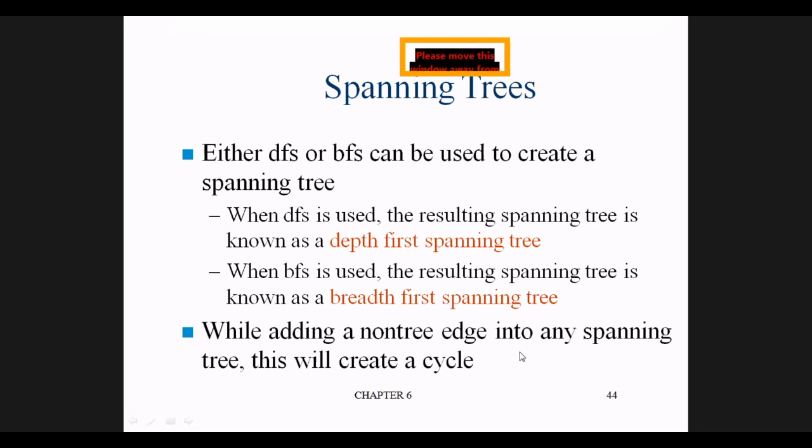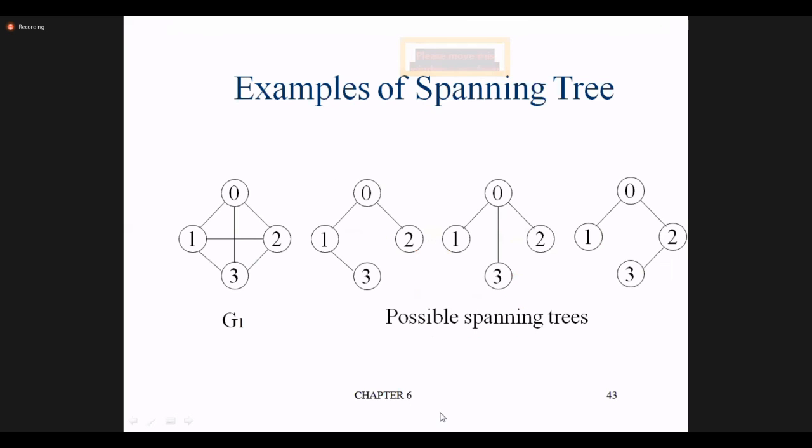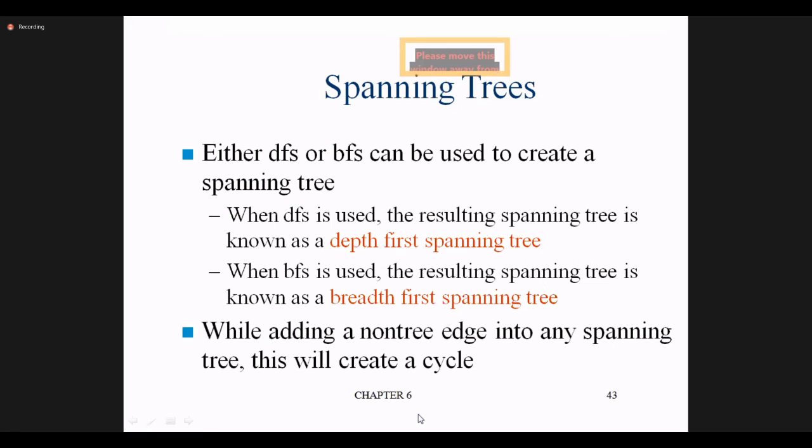When DFS is used, the resulting spanning tree is called a depth first spanning tree, and if BFS, it is a breadth first spanning tree. So if you see the previous ones, this is the DFS spanning tree and this is the BFS spanning tree.